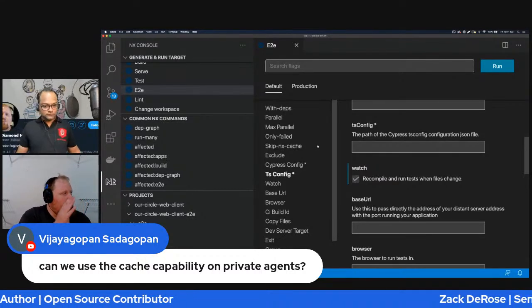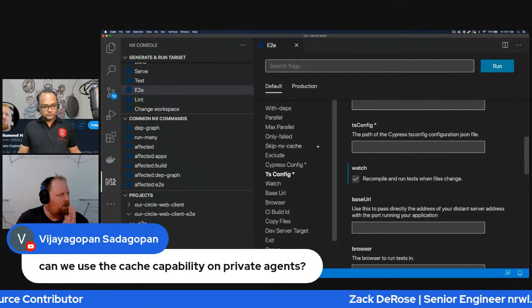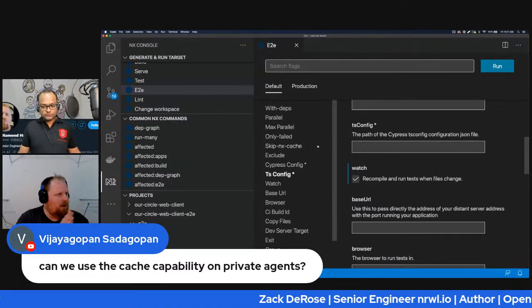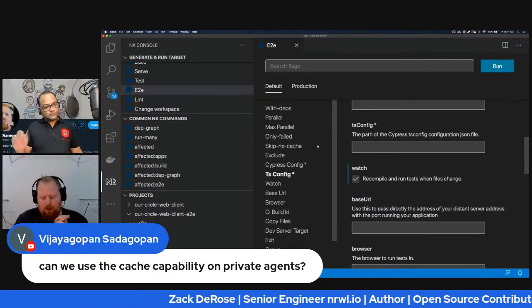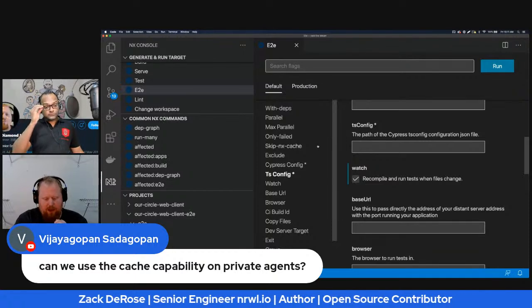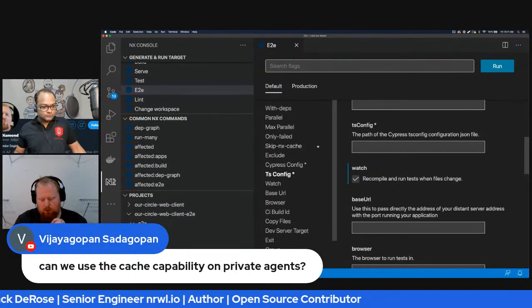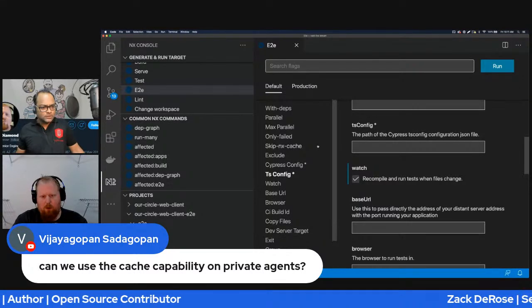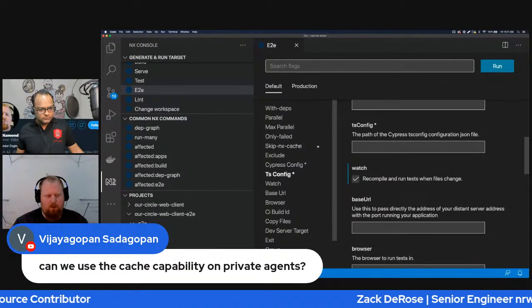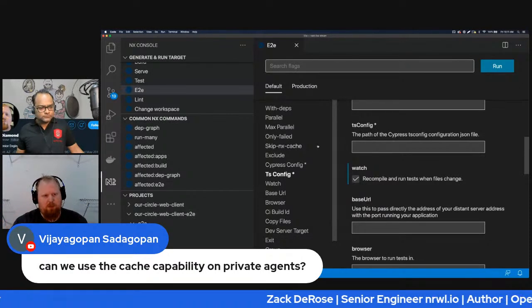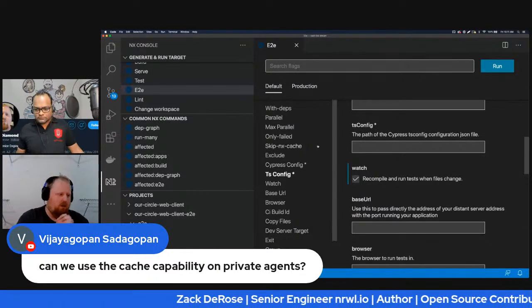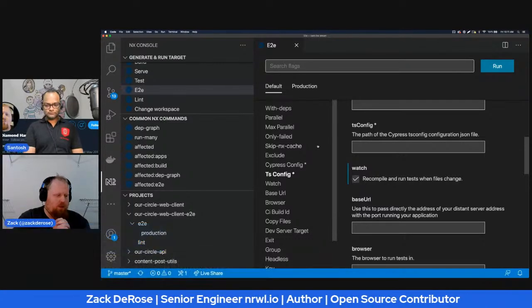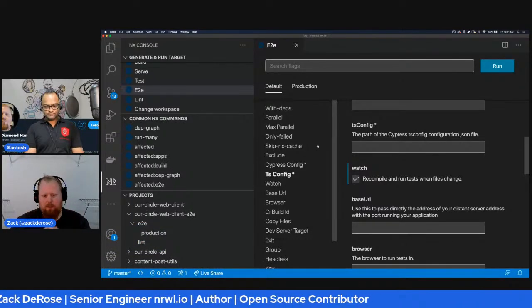So in terms of using it with the various pipelines you could use, internally we happen to use Azure and Circle CI for some of our internal stuff at Nrwl. But all of the stuff that we built here is purposely platform agnostic when it comes to what your pipelines are. We do have some stuff set up.